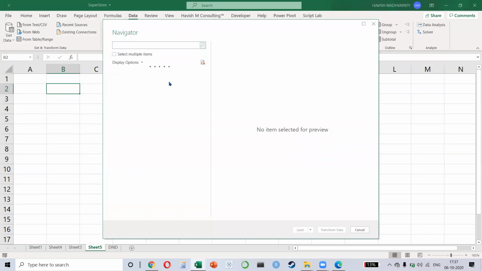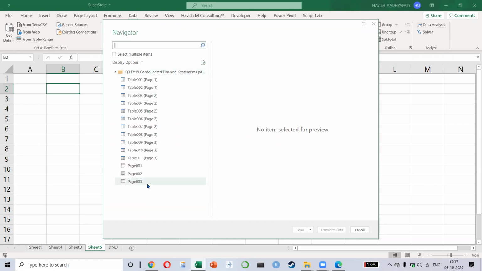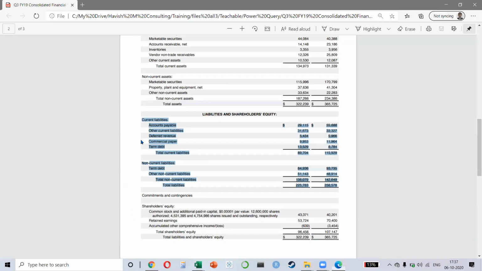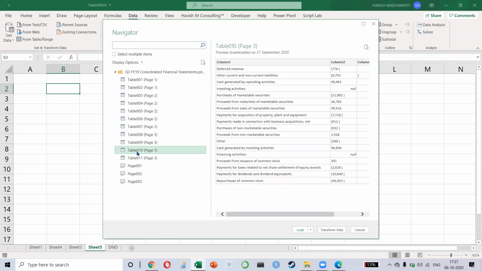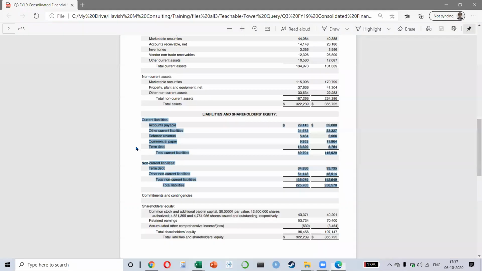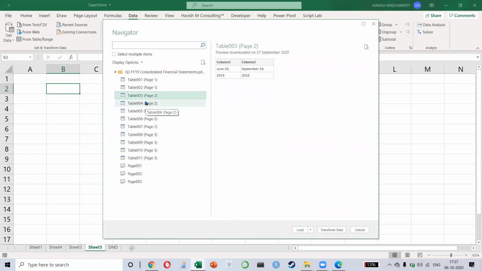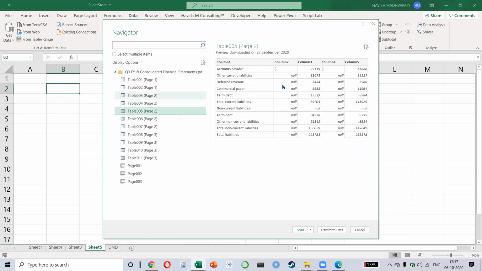It will actually show me all the tables that are available on that PDF like this. So I can just scroll through. Remember, we wanted this one, which said current liabilities, which is table number, where is it? Accounts payable, this one. So we have table 005.